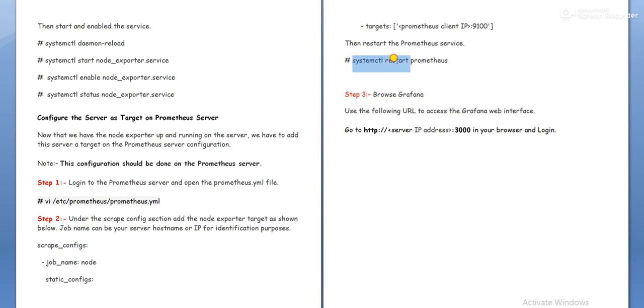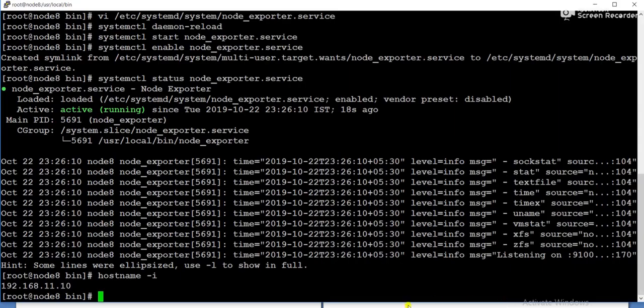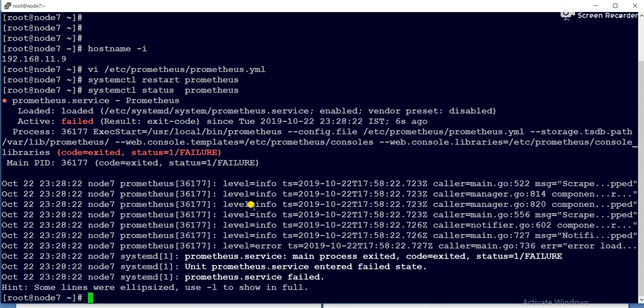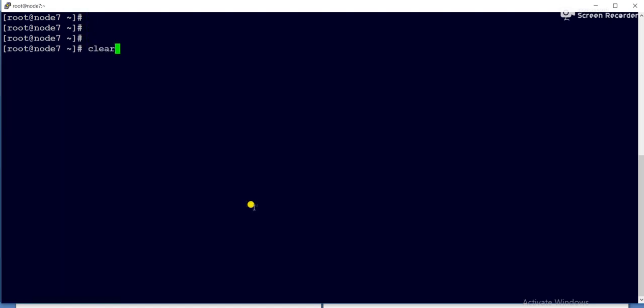Now we'll restart Prometheus. Let me check what the status is. Sometimes the status will be failed if the entry is wrong. Now it is showing failed. Might be we need to verify whether the entry is correct or not.